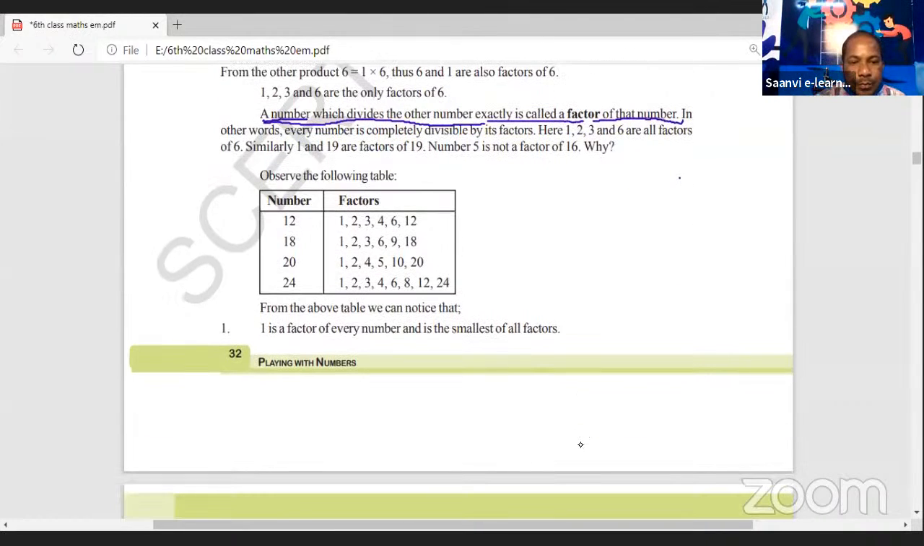What is given here? 1 is a factor of every number and is the smallest of all factors. Already, just now we have discussed, for every number 1 is a factor, and this 1 is the smallest of all the factors. Okay, remember carefully. For every number, 1 is compulsorily a factor, and that 1 is the smallest of all the factors. Okay. Next,